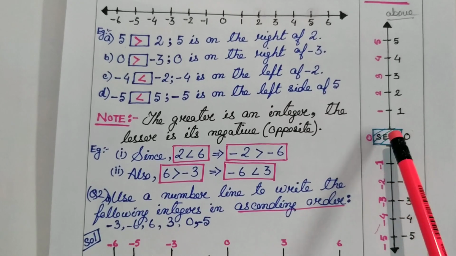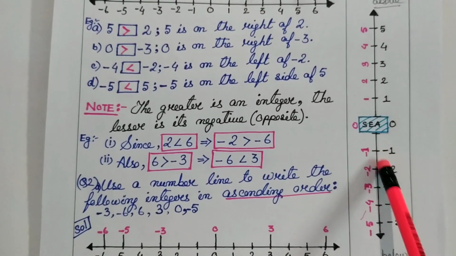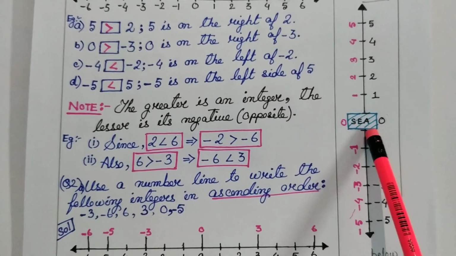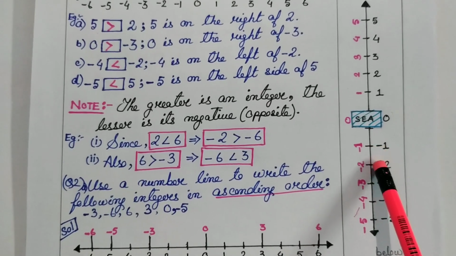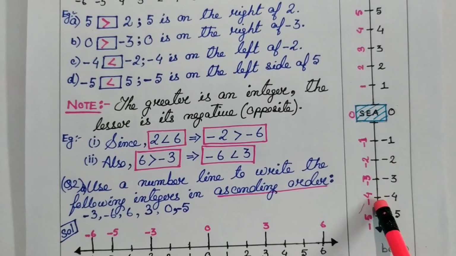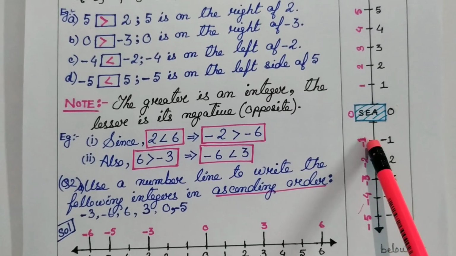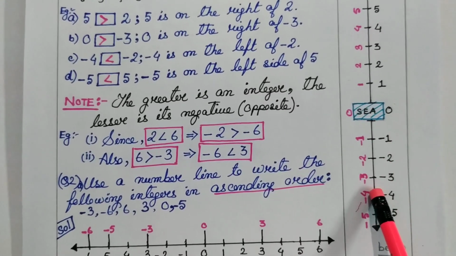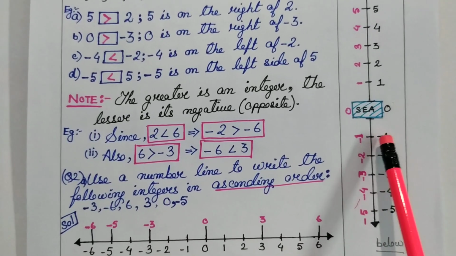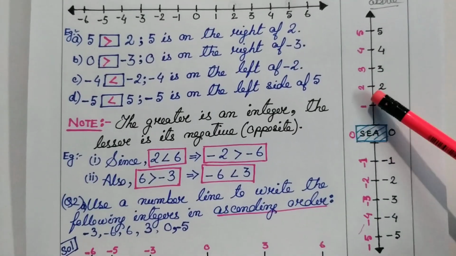Now students, as we go down, the depth of the water increases. As the depth of the water increases, it's going down. And that's why the minus sign is there, because it is below the sea level. As we move down, below the sea level, the depth increases, isn't it? So as it is going below the sea level, that's why we have given a minus sign. Understood?